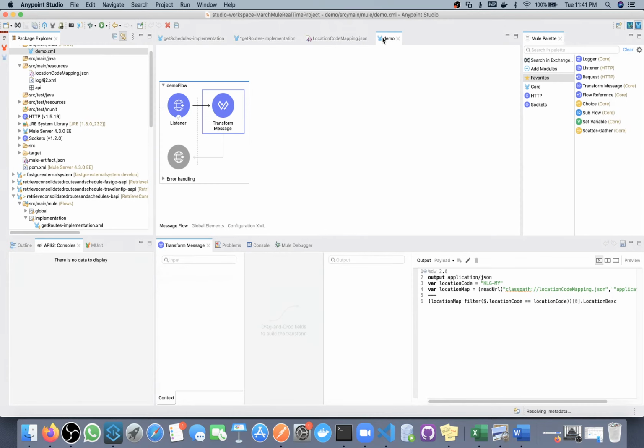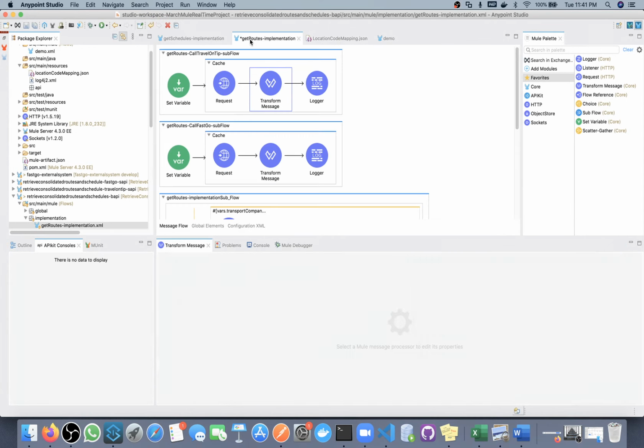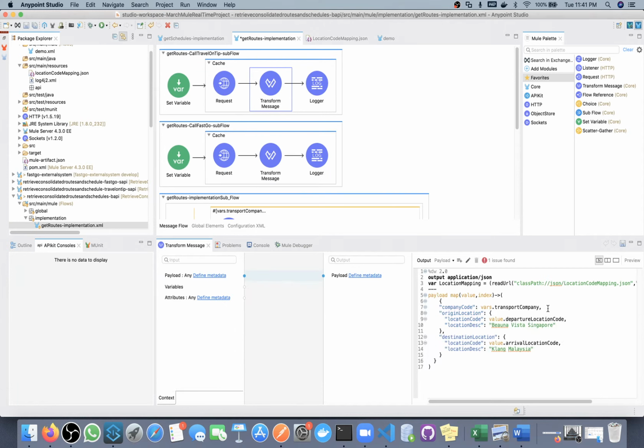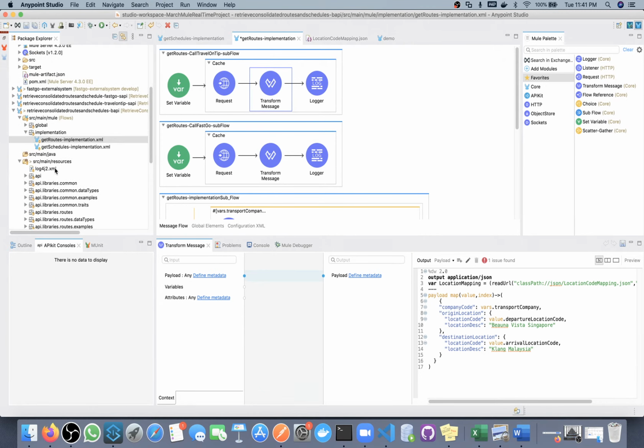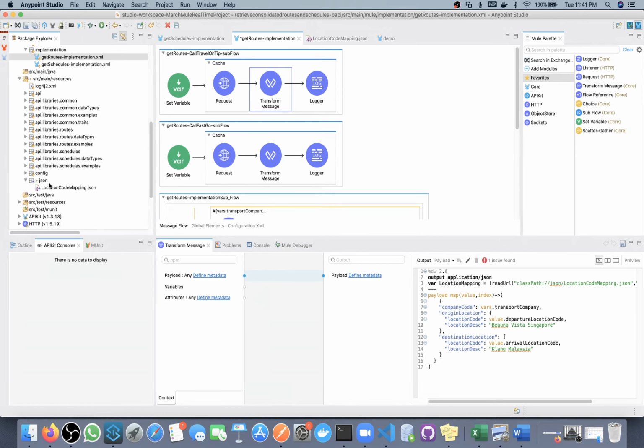Here small r, and capital U only, not small. So up to this point, we are reading the file we just created, converting it into a JSON payload, and storing it inside location mapping.